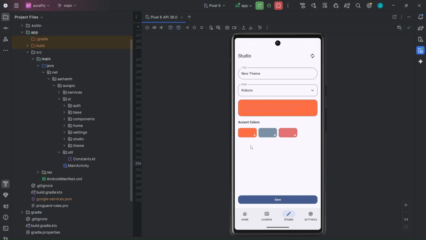However, if the user doesn't want to make their themes manually like this, they have the option to create randomized themes like this, and this will give them a randomized font as well as a series of color palettes as well,